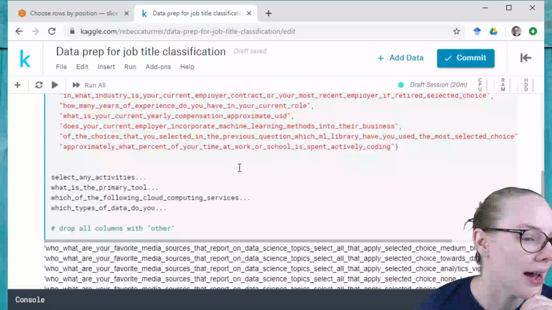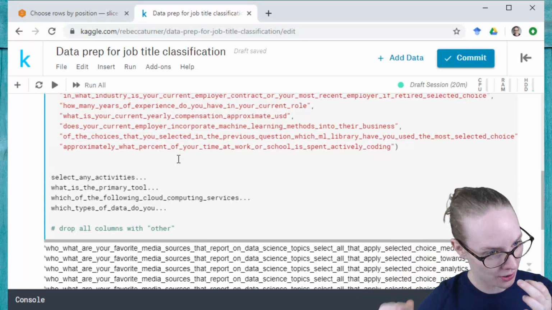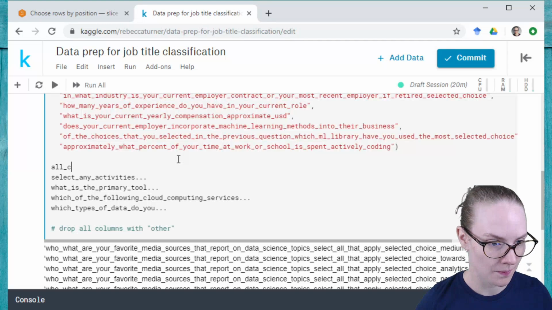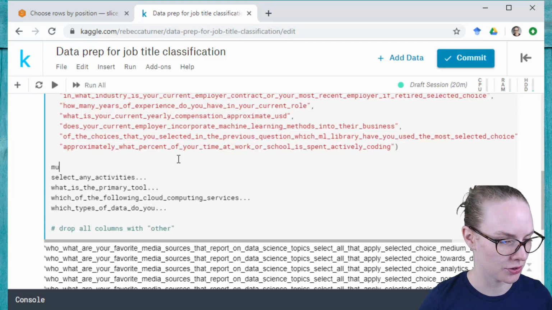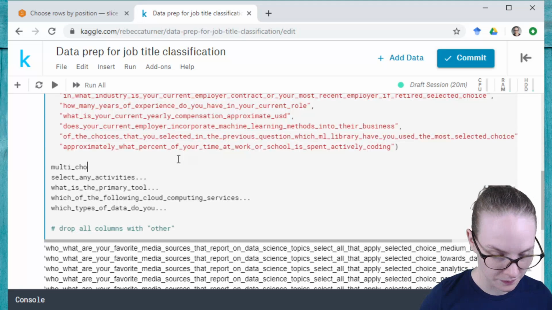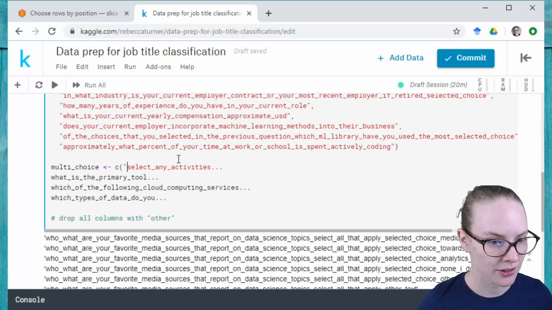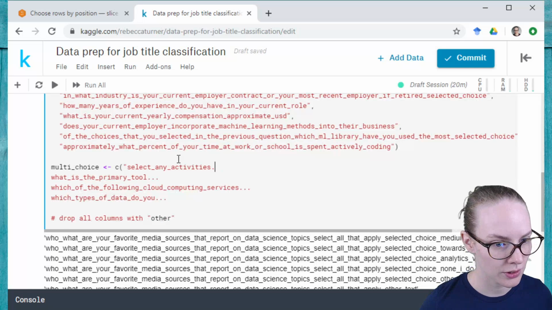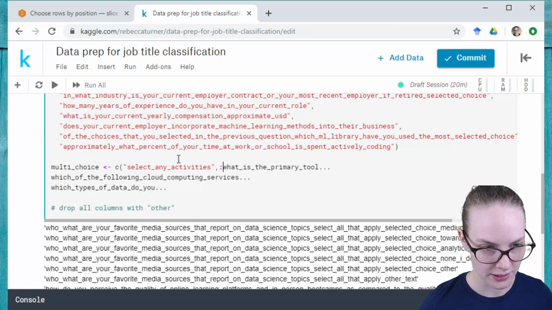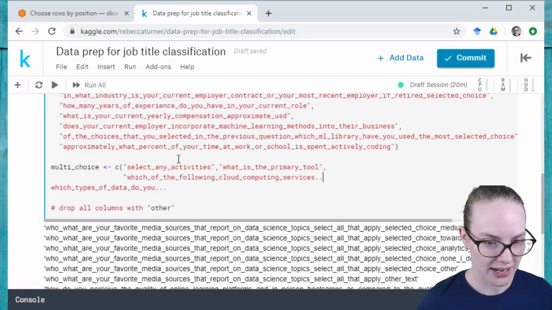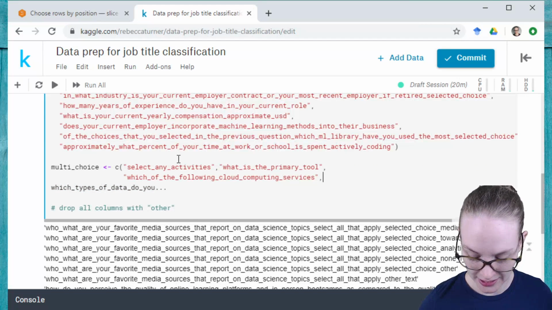All right, and then these ones are going to be partial matches. Let's just call these multi-choice. Multi-choice C, and it's a character vector. And I'm just using tab and arrow to tab over the whole little bit of text here. And this is